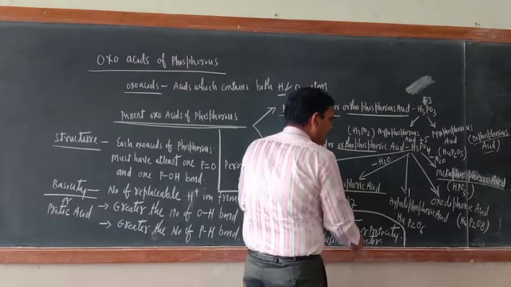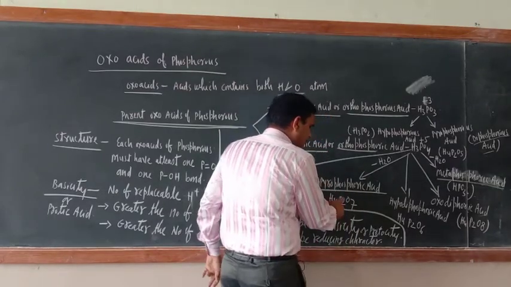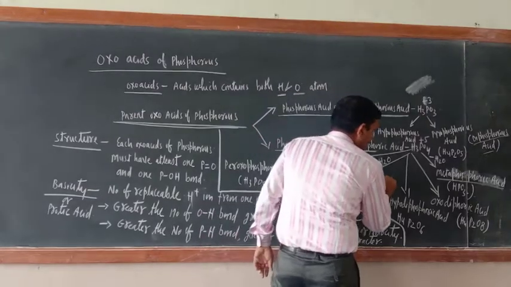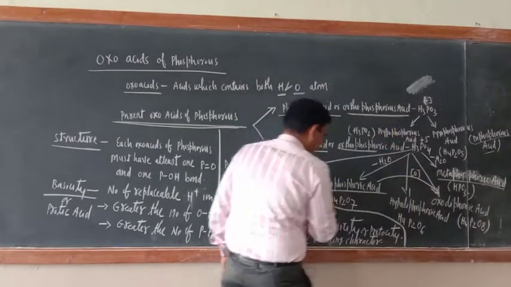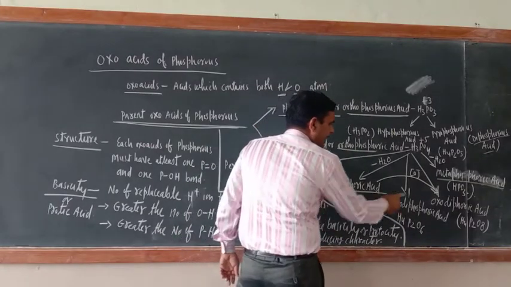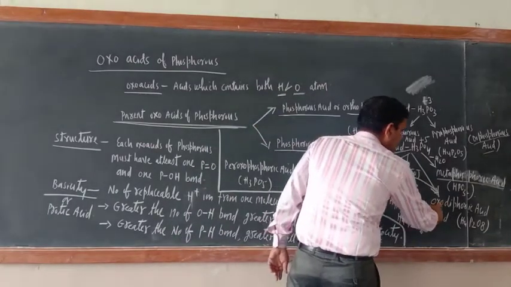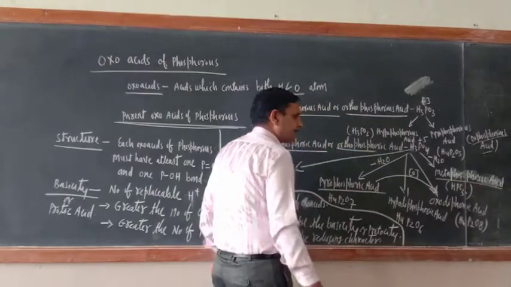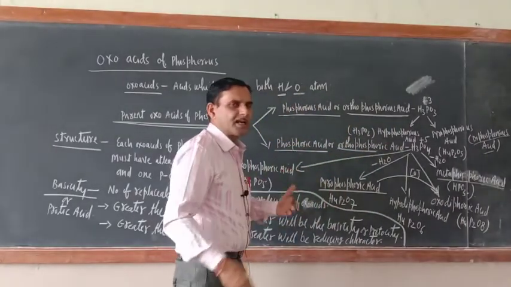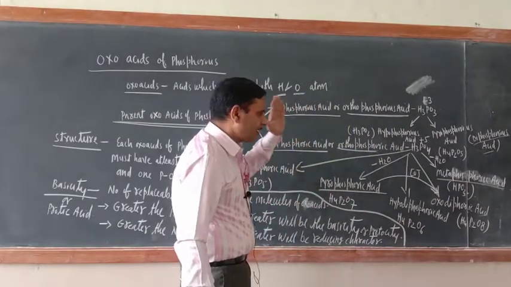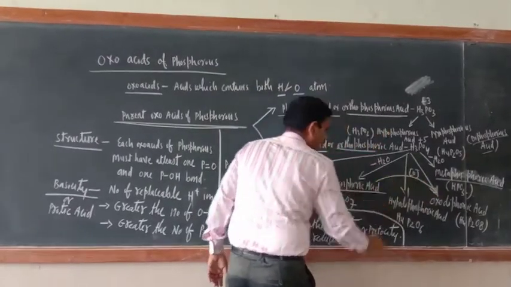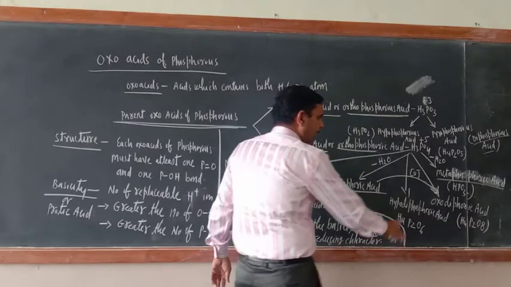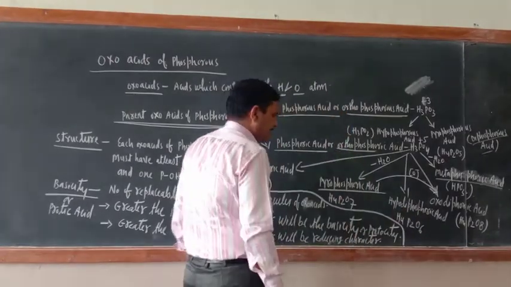If you add one more oxygen to H4P2O7, so you will get this one. Just add one more oxygen to H4P2O7, then you will get oxodiphosphoric acid. Oxo means there is a single bond between oxygen and oxygen. I will tell you in the structure. Just see, here I make this arrow marks. So you have got the oxodiphosphoric acid.